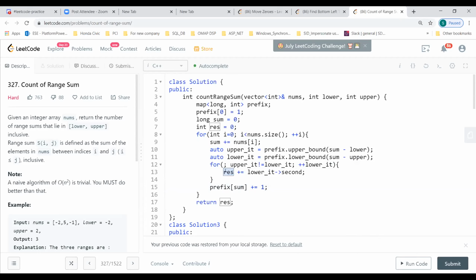Have you initialized your map? After line number 4, have you initialized your map? Oh, no, you don't need it. You don't need to initialize it. I thought some slicing version.